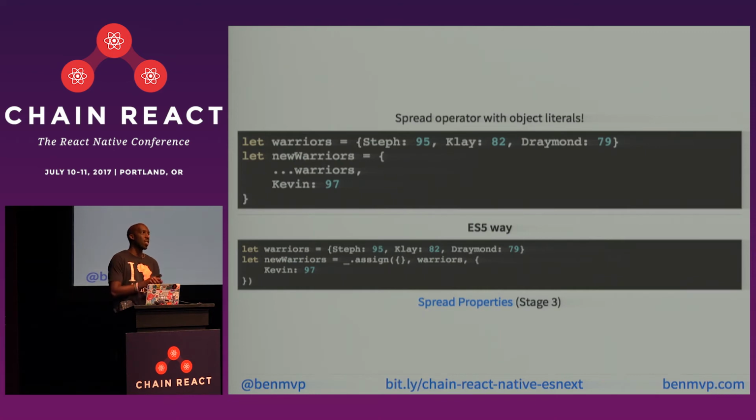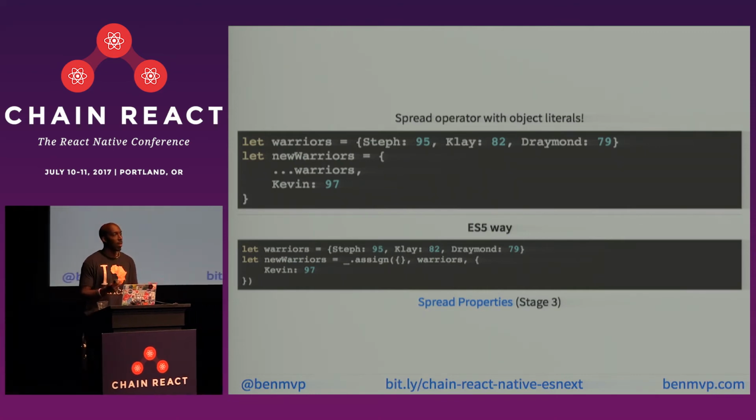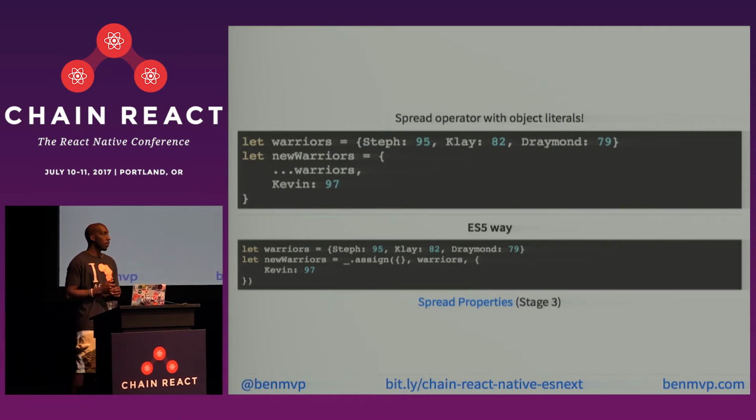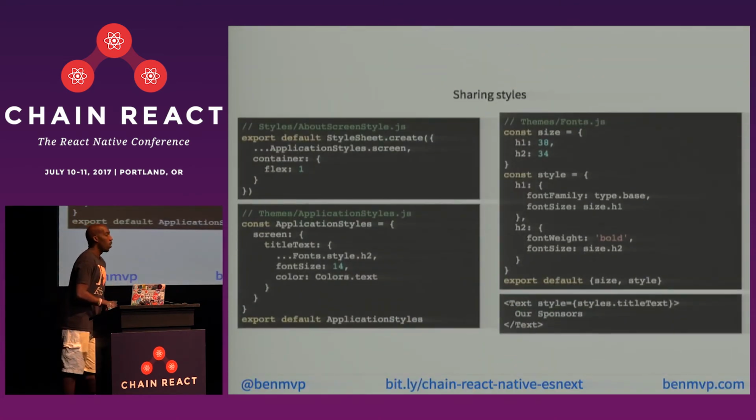If you're familiar with Lodash and using the assign method, that's kind of the same thing. In fact, ES6 introduced Object.assign as well, but I prefer the syntax. The syntax, though, is not in JavaScript yet. It's in stage 3, and it's actually been sitting in stage 3 for a while now. So it's not going to be in ES2017, hopefully in ES2018, but it has to make it to the final stage, stage 4, in order to be in new JavaScript. But there are Babel plugins, transforms for it, so you could totally use it right now. So I said all of that to get us to the actual code in the app.